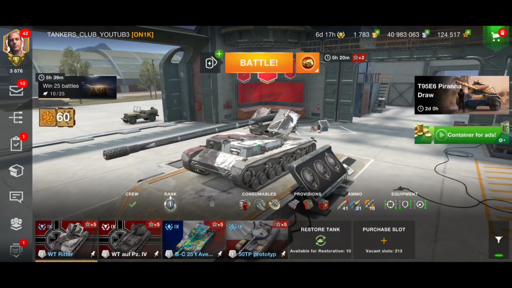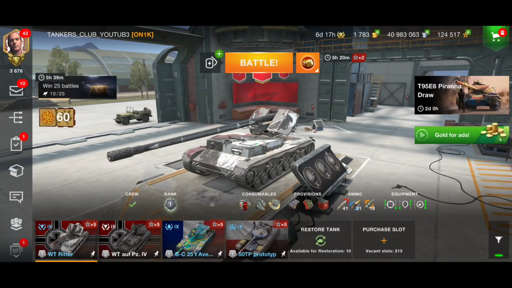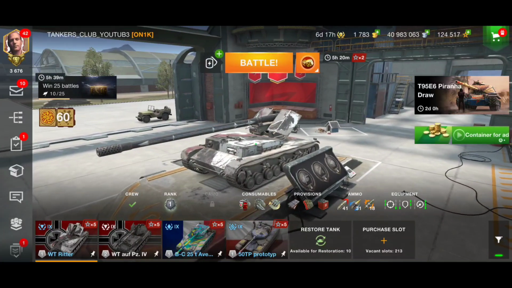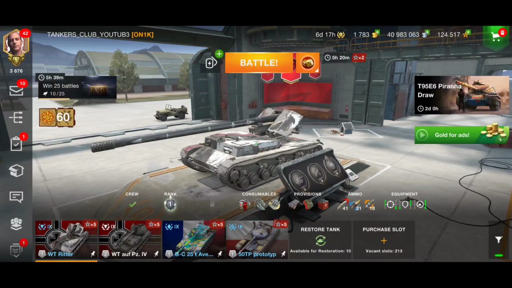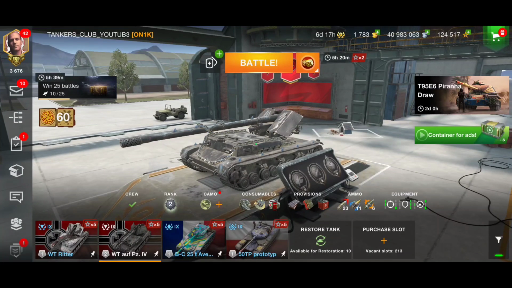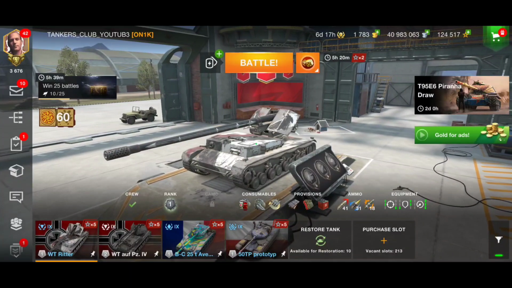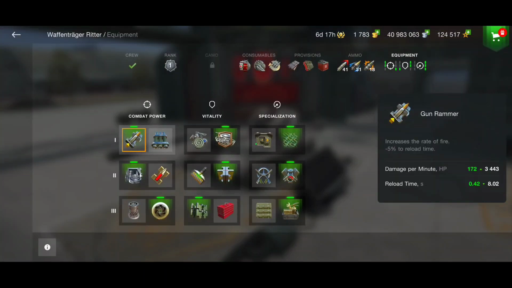So yeah, I will be starting with the Waffenträger Ritter, because in my opinion this is the tank that you shouldn't go for if you are not a skilled tank destroyer player, because this tank is really team dependent. On paper this tank is a beast. I mean, if you know how to play with the Waffenträger Ritter, the Tier 2 one for free, the German tank, you will definitely do good with this vehicle, because the Waffenträger Ritter is way better than the